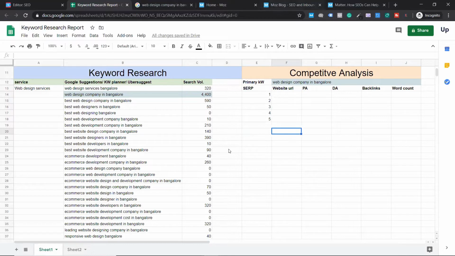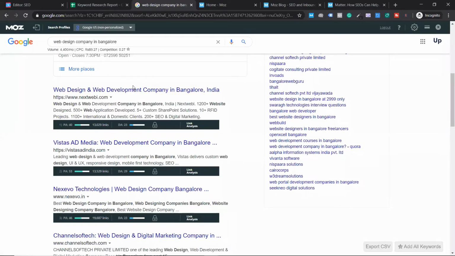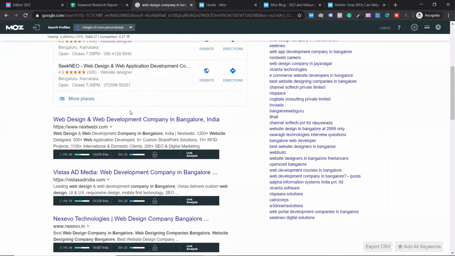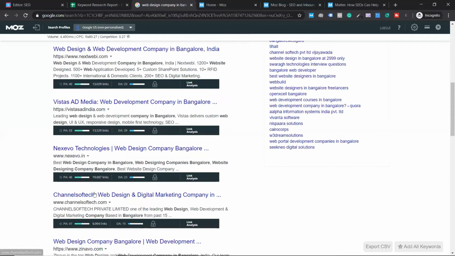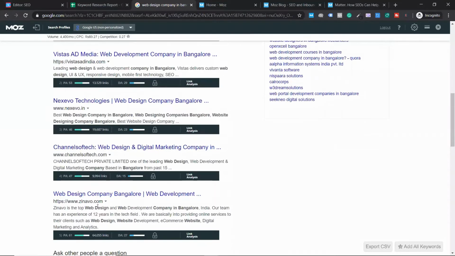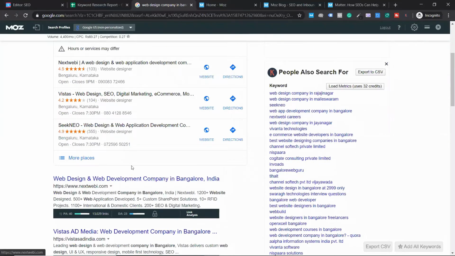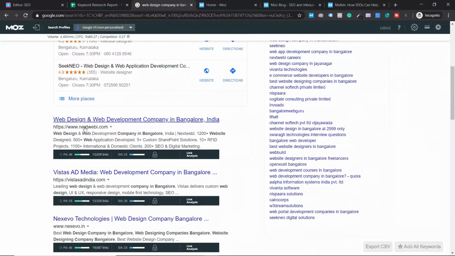Just joking, guys. Now the website competitors. Let me see who my competitors are. Guys, can you see the first website? By looking at it, I can tell it's a very wrong strategy that my competitors have already followed. Can you see their home pages ranking? What did I say in competitive analysis? They should not rank their home pages. This is very wrong. You should rank your inner pages. Your home page should rank for your branded search term, not for your keywords. Can you see the ranking for their home page?